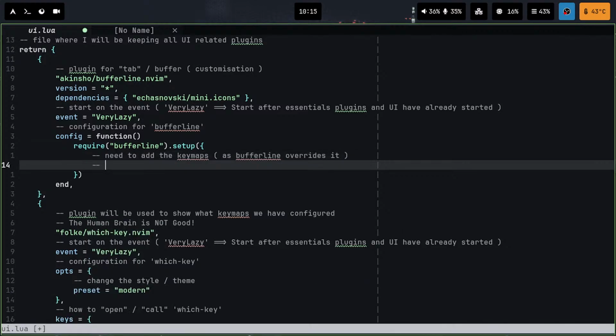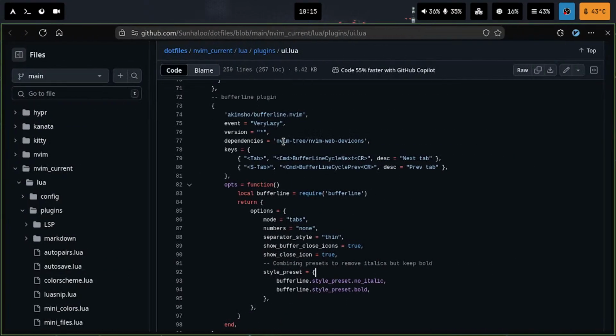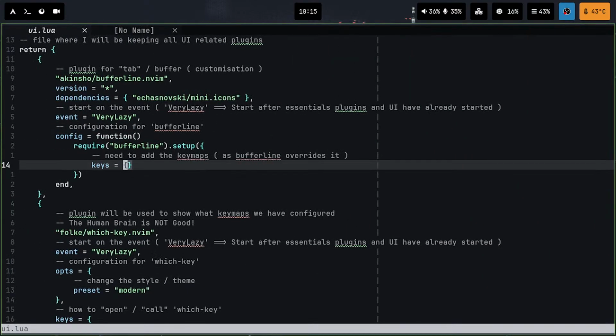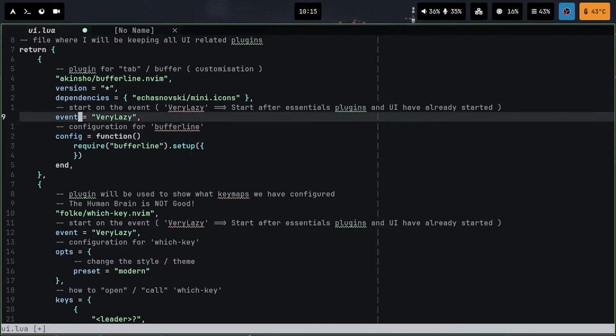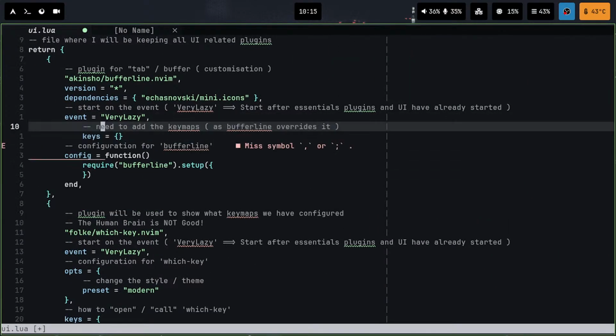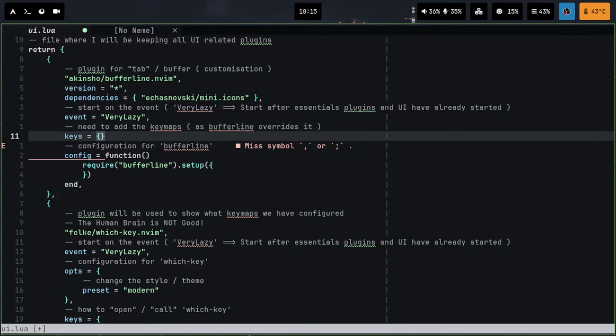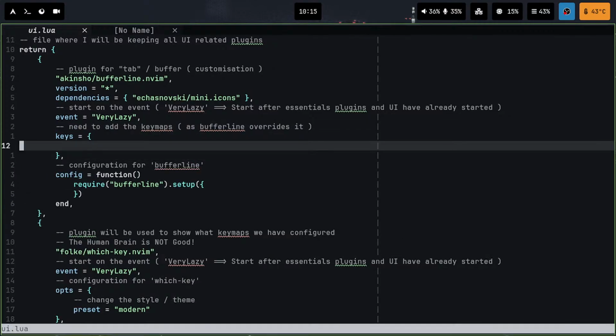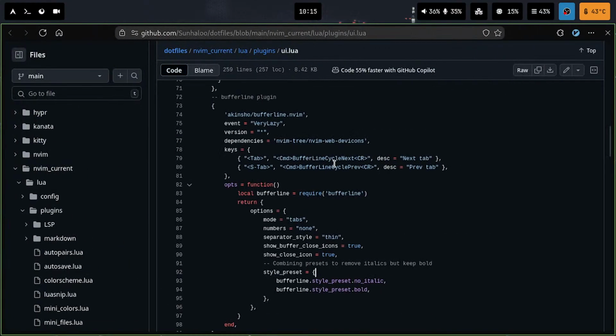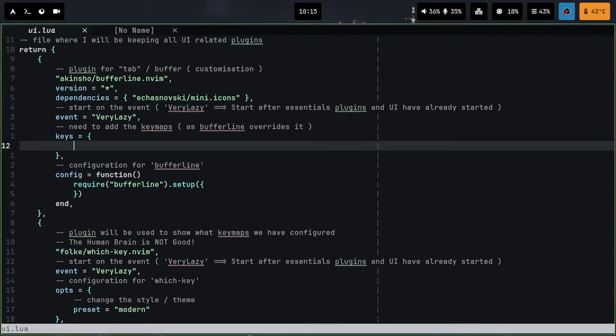So keys is equal to, so this is off, no, this is here, and keys, so this is going to be like that, and then I'm gonna say this,